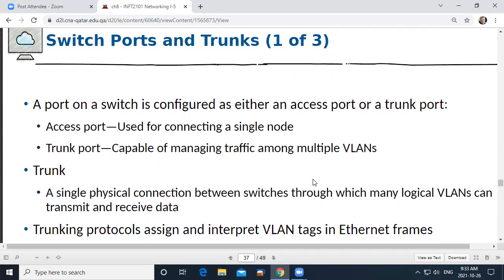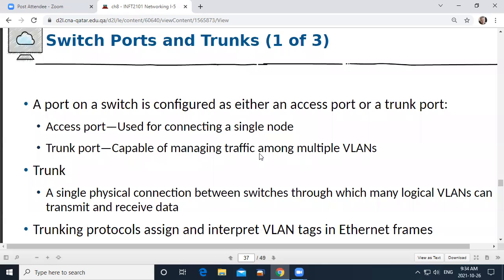So a port on the switch is going to be configured. Now here's talking about it's going to be configured into the network or between switches in the network. So an access port is going to connect to your hosts on your network, whereas your trunk port is going to be used to connect to another switch.